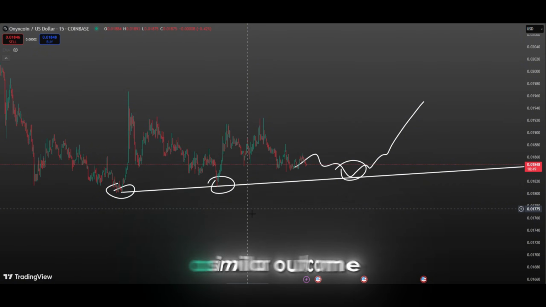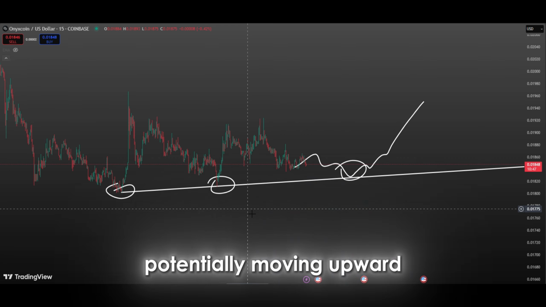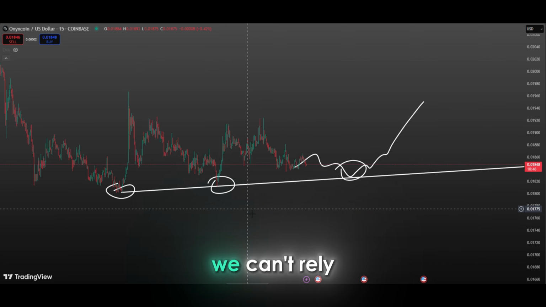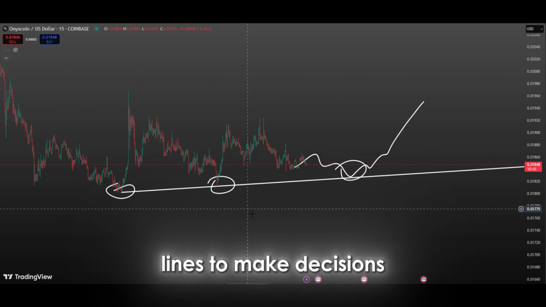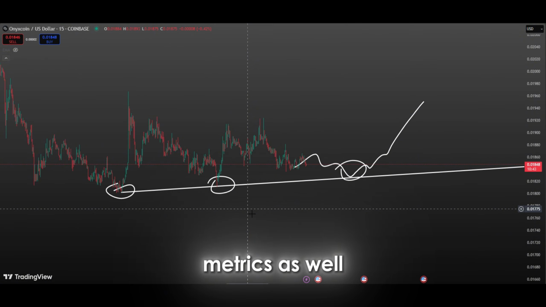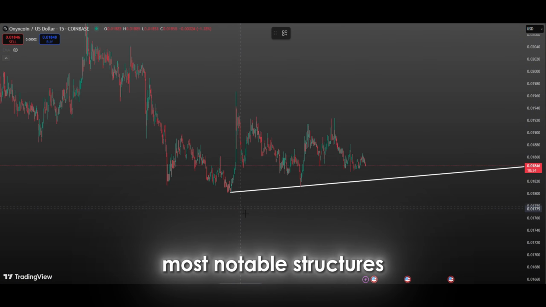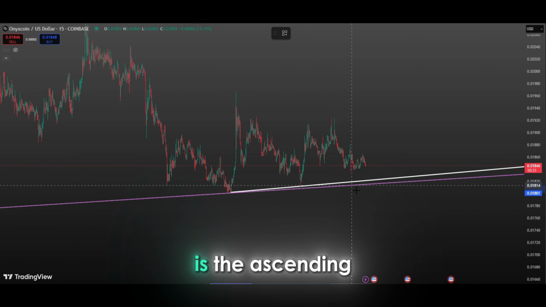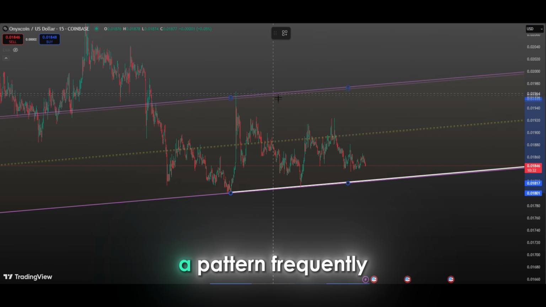A similar outcome could occur again, with the price potentially moving upward once more, but we can't rely solely on trend lines to make decisions. Let's take a look at other metrics as well. Stay tuned. One of the most notable structures on the chart is the ascending channel formation, a pattern frequently encountered